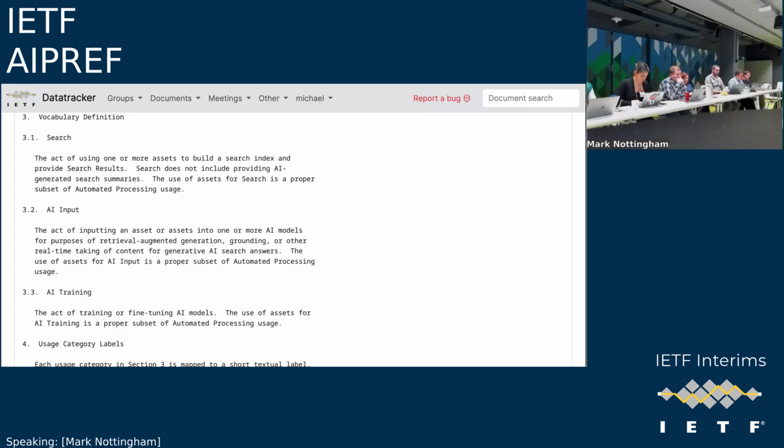I think it would be useful, now that we have those two proposals, to see if we can make sense of what you think needs to stick around in this proposal. So I just want to make sure I understand, there are 8 possible values here. The one where I say search no, input yes, training yes, means you could use this for anything but search.